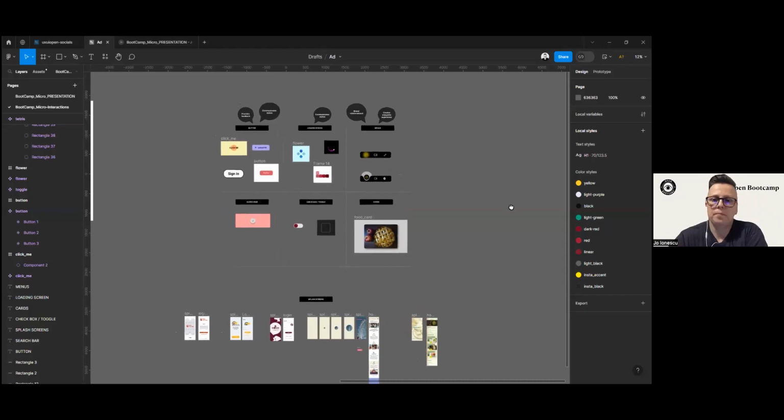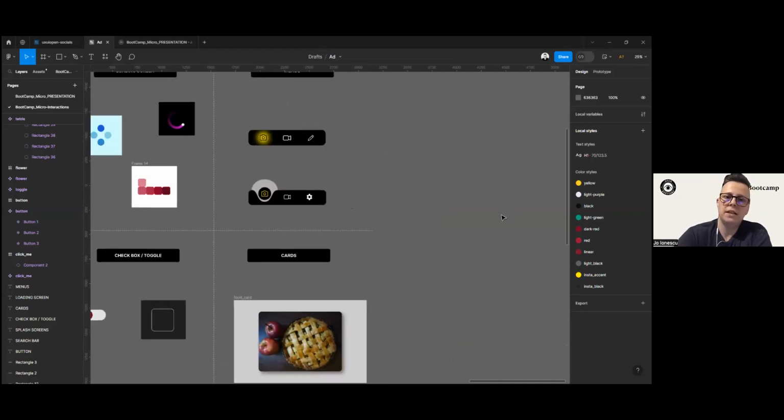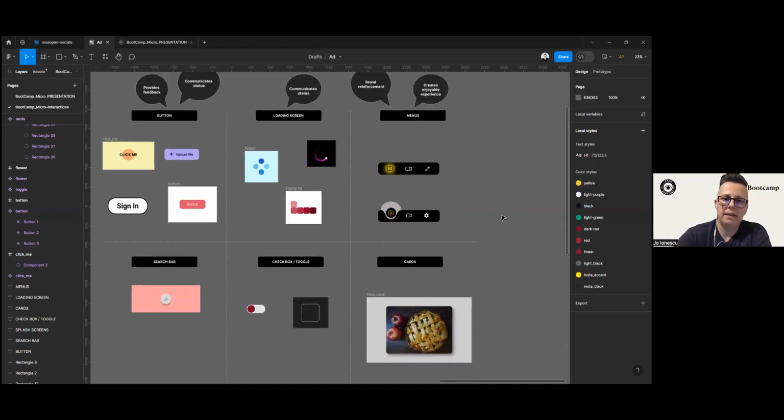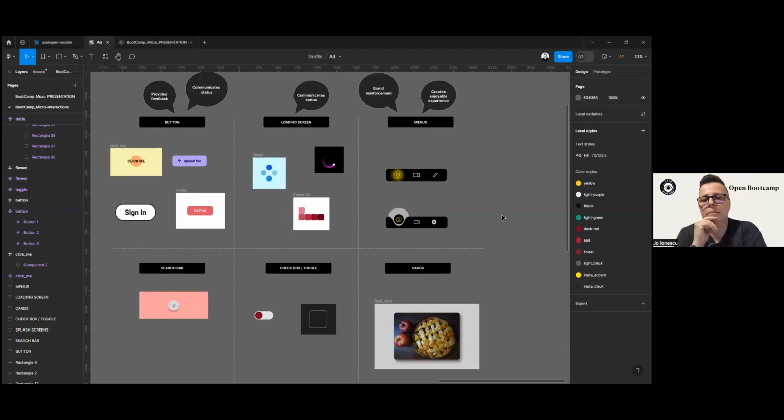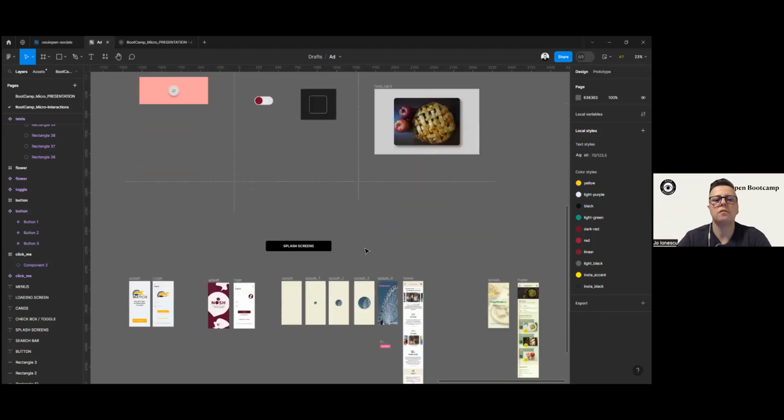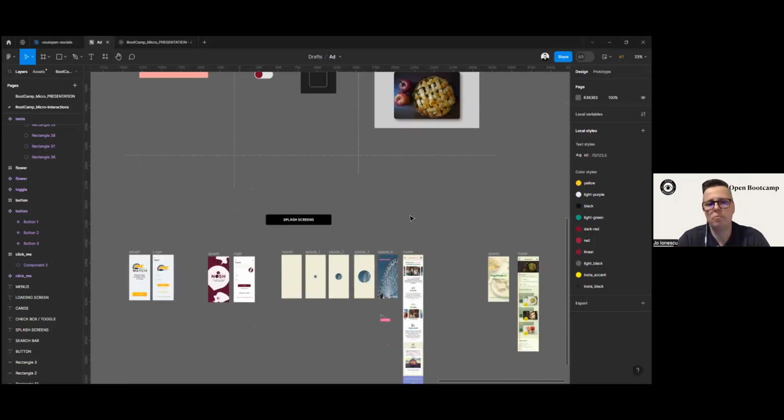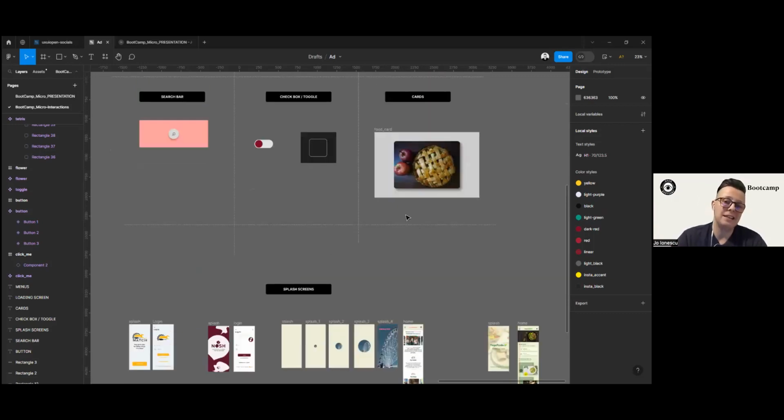Next page. What we see here, I've created for us today. We have a lot of micro interactions that we can use in our apps. Now, I would like to work with you on some of them, maybe all of them. But why? At the end of our session, I would like for us to go over a few of the splash screens of my project, but it doesn't matter. The idea is that